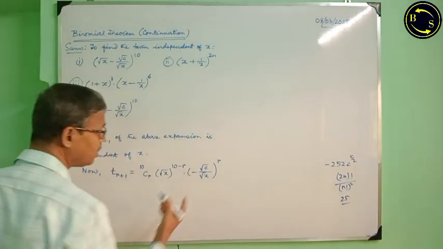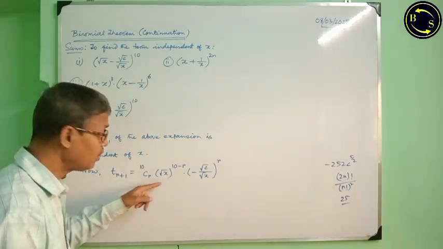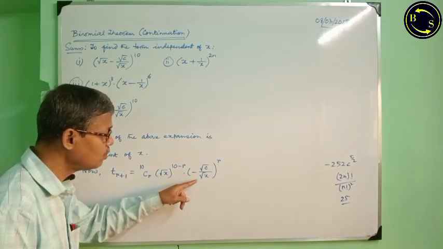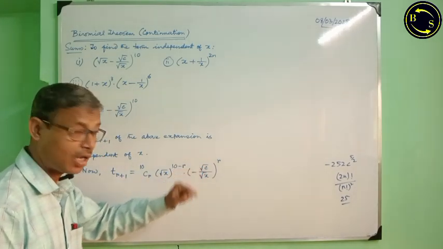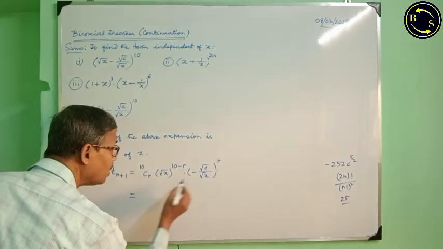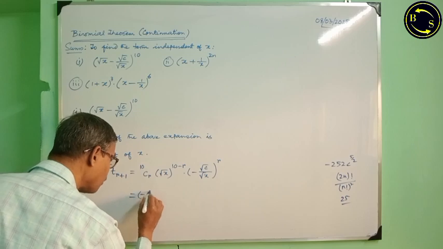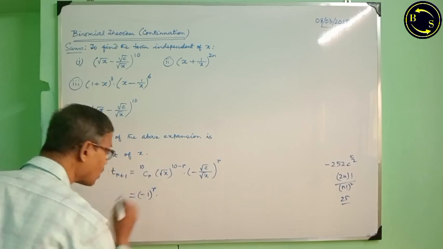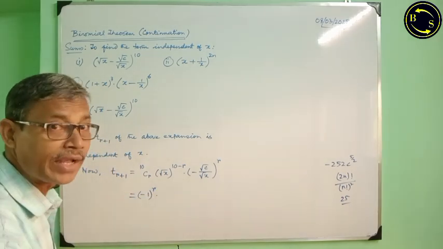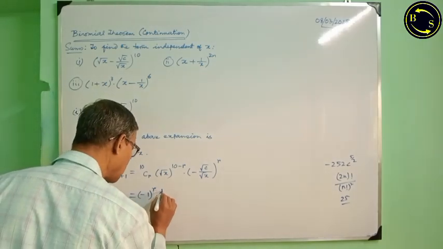I have written keeping in mind nCr a to the power n minus r into x to the power r. Now this will be minus 1 whole to the power r. First I write that symbol matter, then 10Cr